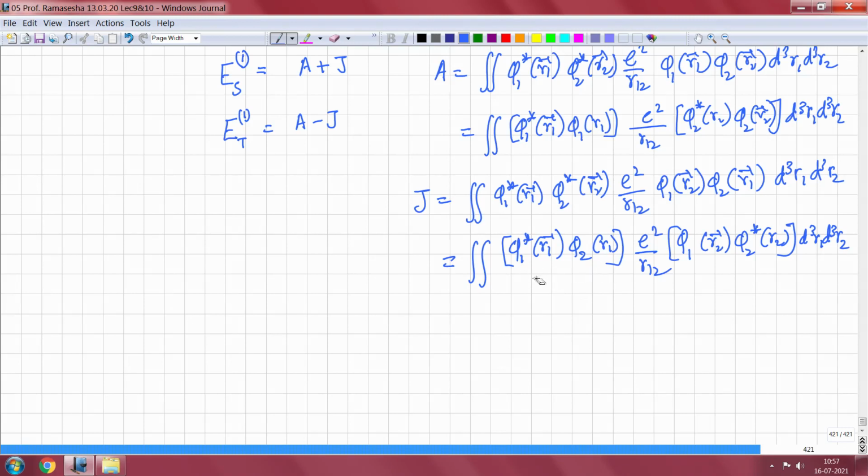Okay, so that means the electron is in the overlap cloud of orbital 1 and orbital 2, whereas here the electron is confined to orbital 1, and in this case the electron is confined to orbital 2. And because it is in the overlap charge cloud, it depends upon how much spatial overlap of phi1 and phi2 there is; that determines the magnitude of J. And in molecules, these orbitals are widely spread out. Because these orbitals will be widely spread out even when there is a degeneracy, J is rather small.